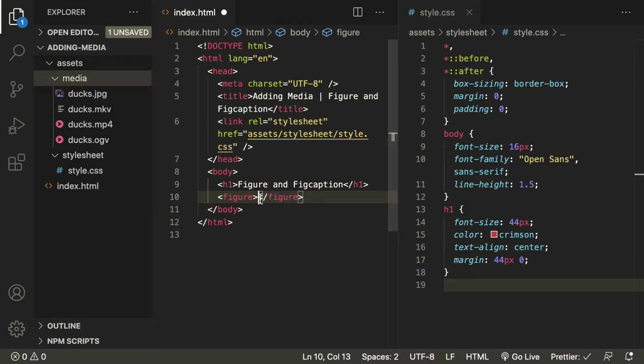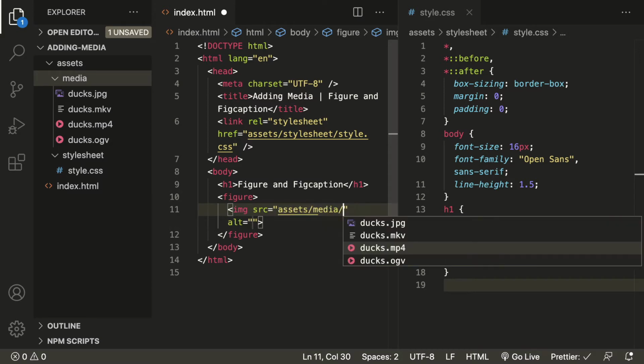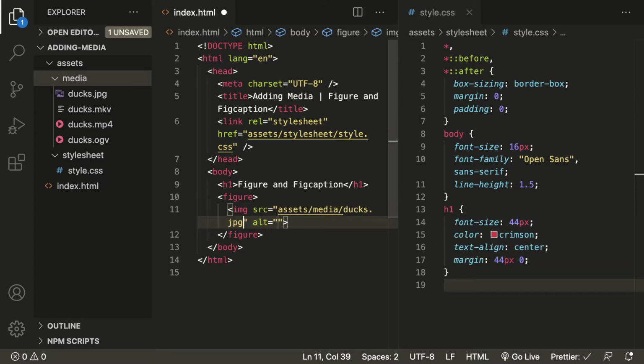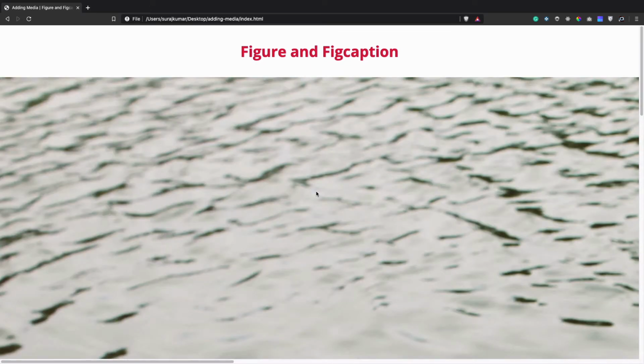So inside the figure tag, let's use an img element. Inside the src attribute, let's define the path of the image, media, and let's use ducks.jpg, and inside the alt attribute let's define ducks. Now save it and go to our page, then give it a refresh.